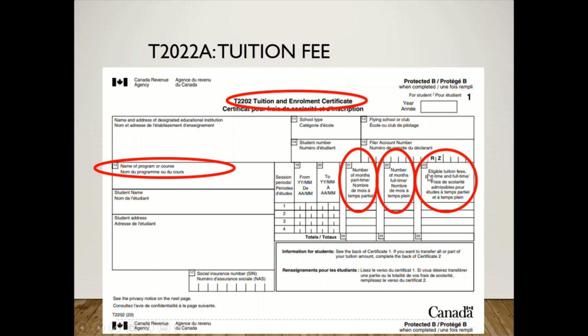Amount of eligible tuition fees when you are part-time or full-time will be listed here. So we will be using the details in these boxes when we file for income taxes for your tuition fee. Again, this is T2202A or T2202, and we'll be using this for filing taxes. And again, you can get this through your MUN